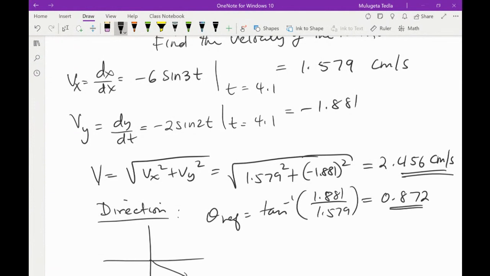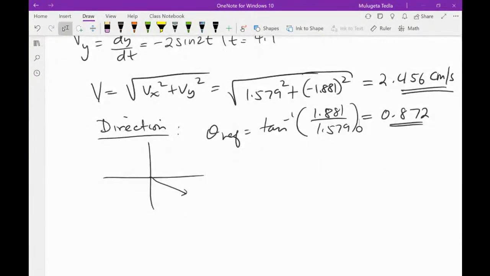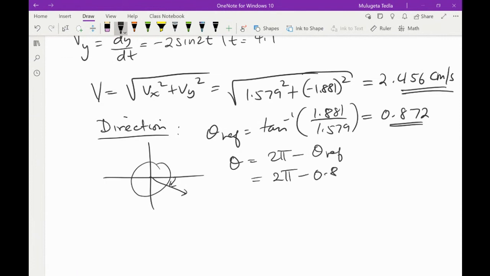If you're using degrees, then you have to convert that into degrees. Then theta actually is 2 pi minus the reference angle. 2 pi is the whole circle minus this one, right? So 2 pi minus 0.872